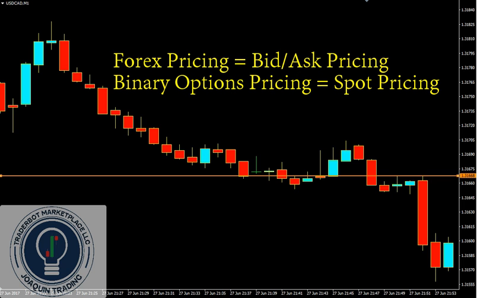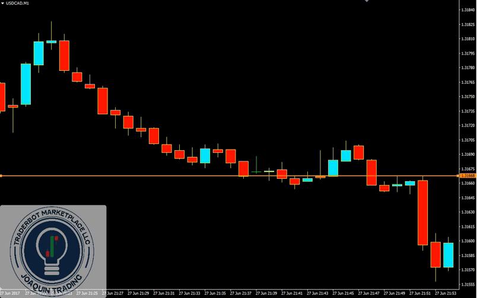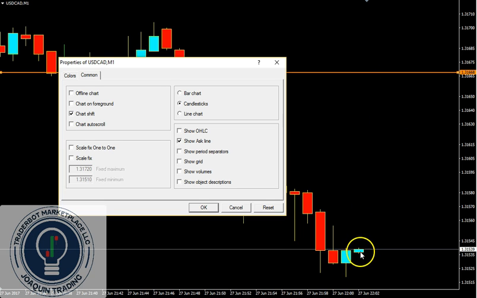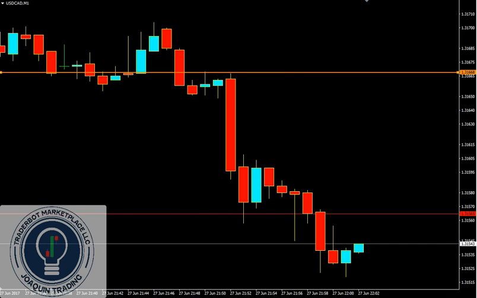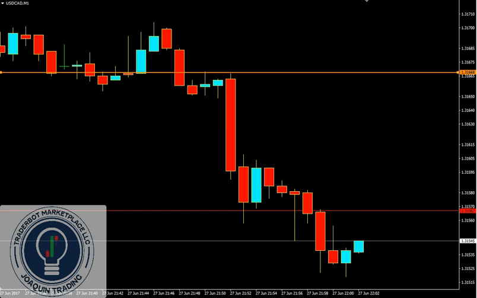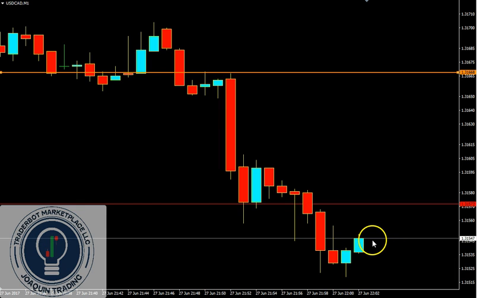In the binary options world, there is no bid-ask price. There is only a spot price, and we will go over that here in just a minute. Now, on MT4, MetaTrader 4, and many other platforms, they're going to show you what's called the bid price. That's what we see right here. If we also want to show the ask price, it's going to be right here. See that red line? Now you can watch it move up and down, and then you can watch the bottom line move up and down.